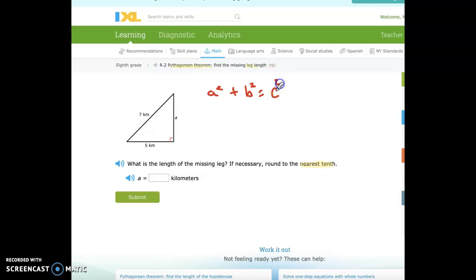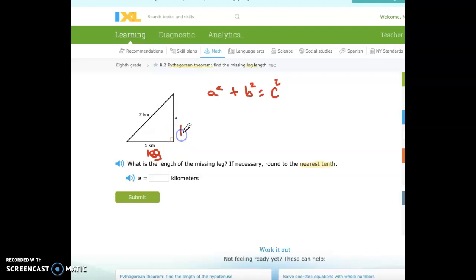All right. It would apply to any kind of real world problem out there. A lot of times it could be the pole on a sailboat, or a mountain, and you're trying to come up with the height of something. They would give you 2 lengths for the Pythagorean theorem. They wouldn't give you an angle. As you get further into math, you'll learn some different trig formulas. But right now, we are looking at